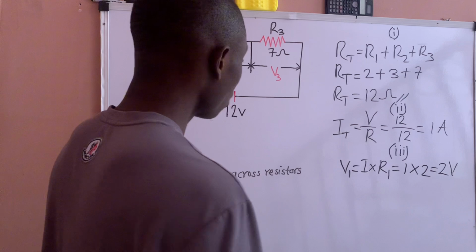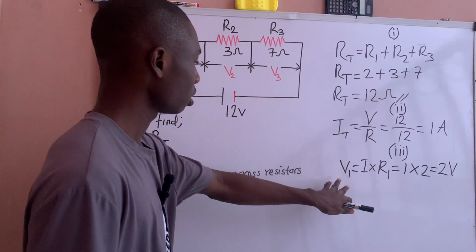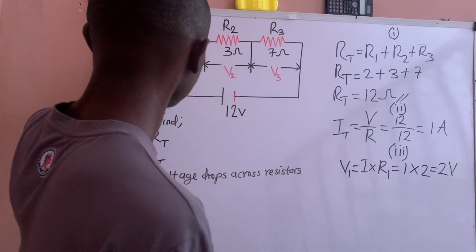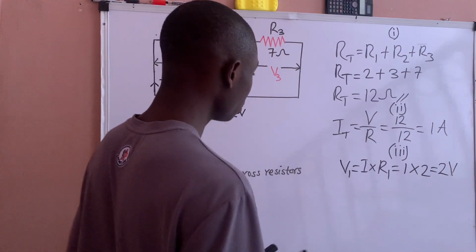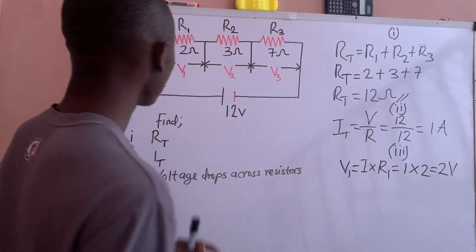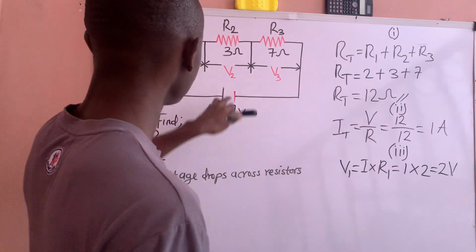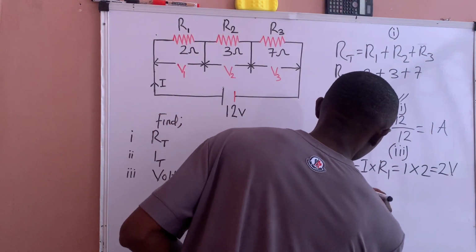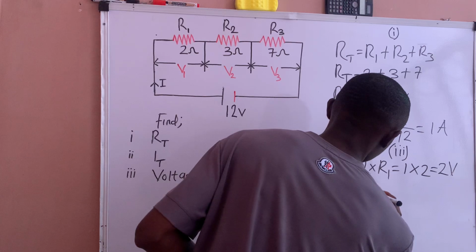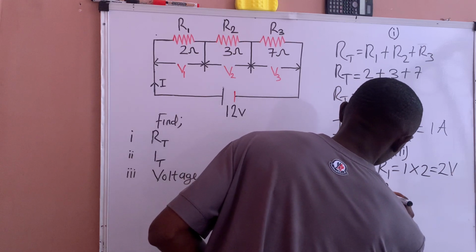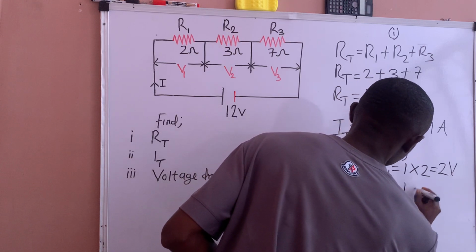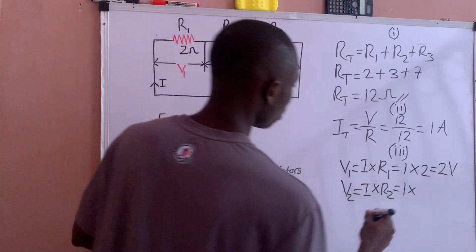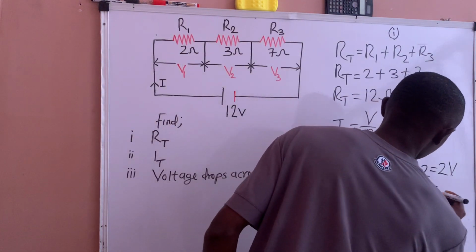So that is the value of voltage drop, the value of voltage that we drop across resistor R1. So the value of voltage that we drop across resistor R2, which is V2, will be equal to I1 multiplied by R2, which will be 1 multiplied by the resistance value of R2, which is 3 ohms, which will be